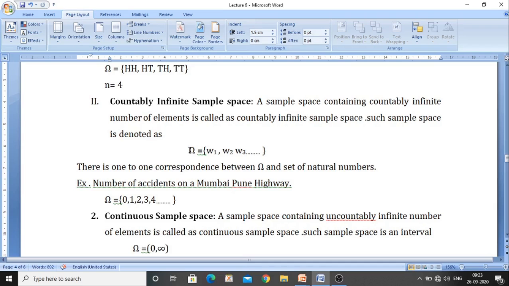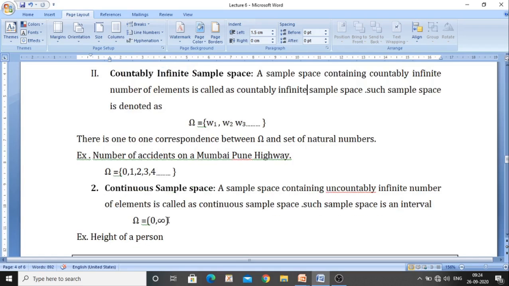So in discrete, we have elements that we can write down, separated by commas, that means 0, 1, 2, 3, 4 like that. These are called isolated values. In between 1 and 2 we are not considering anything, in between 2 and 3 we are not considering anything. That means if there is 1.5, that is not possible in the discrete case.